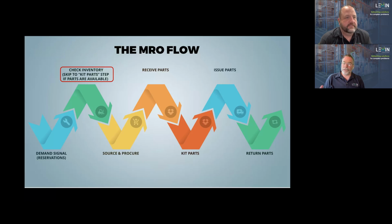Direct charge is, you can have a material number, but you direct charge it to the work order. So when it's receipted, it's expensed to the work order immediately and also invisible. So we try to say always use inventory, put materials to inventory, because when you check availability, when you do